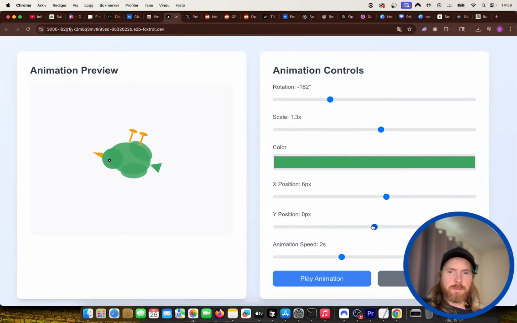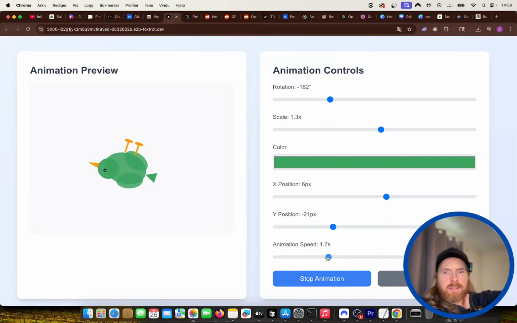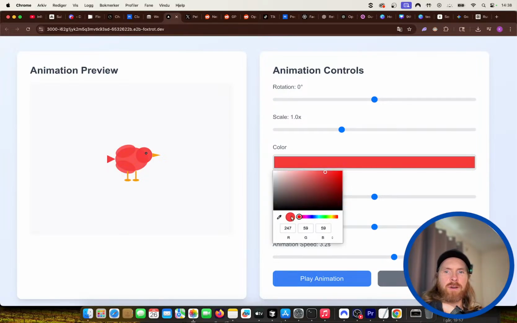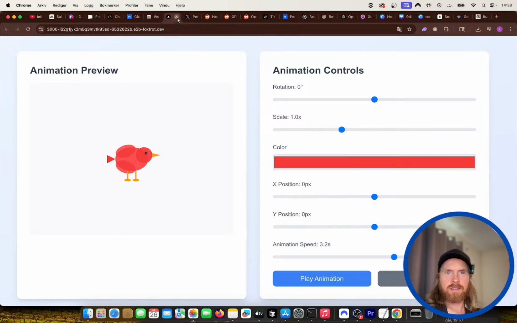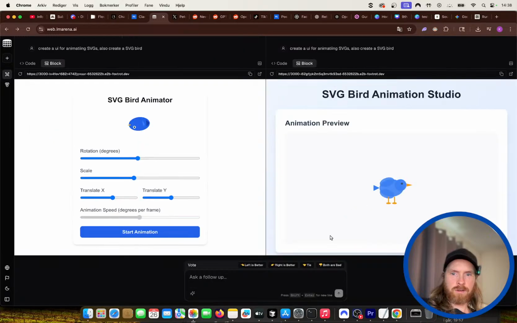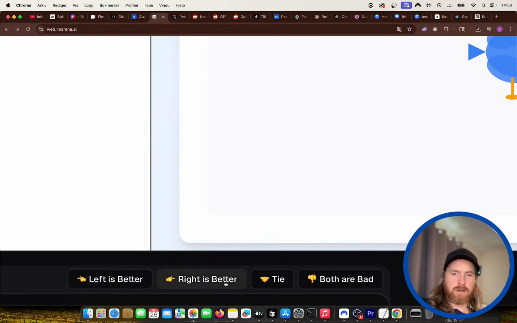Yeah, the right one looks better. And we can play it. Yeah, I think we're gonna go right. So people agree. Let's go right is better.